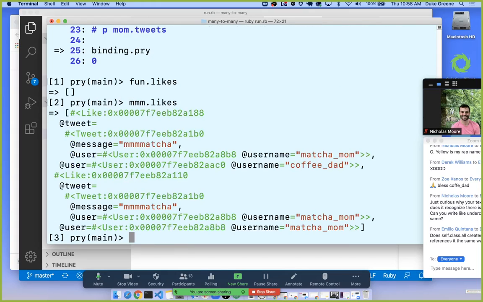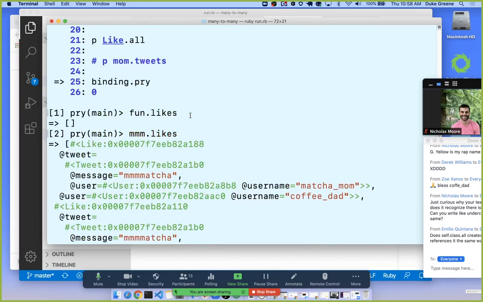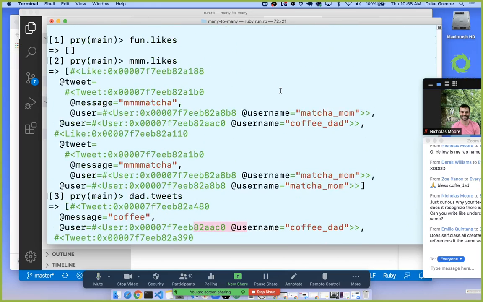Hey, that's 2 likes. So this is the same exact thing as when we said dad.tweets. Right? It went through Tweet.all, looked through each tweet, and checked an attribute on the tweet against an attribute on the user that did the posting. The tweet had the same user that dad was, and so we see Coffee Dad show up under the user under each of these tweets. And similarly, we see this given tweet of the matcha showing up on the 2